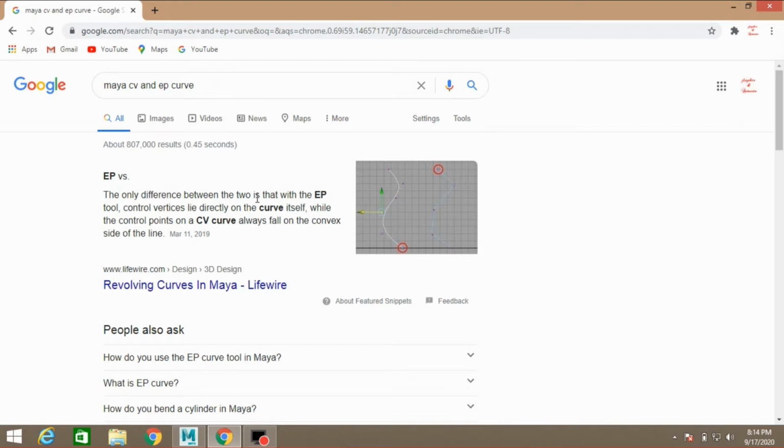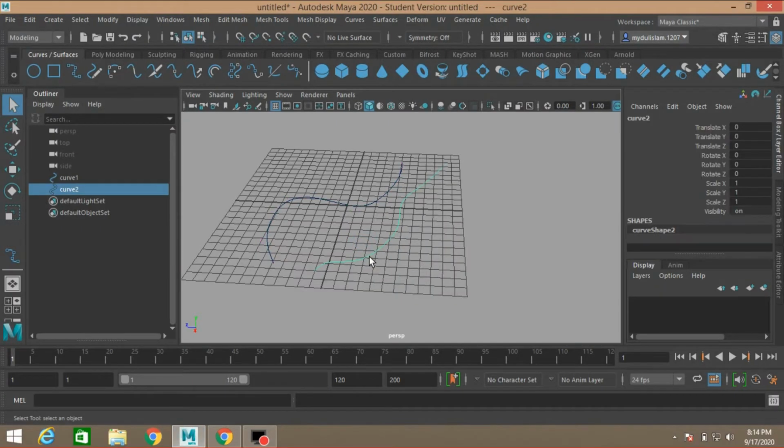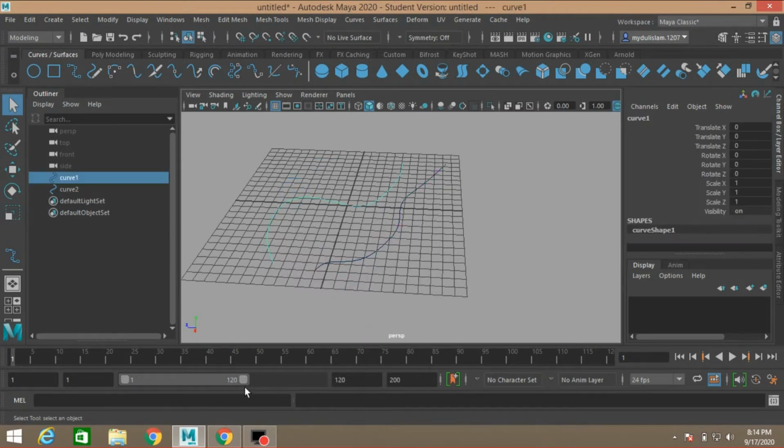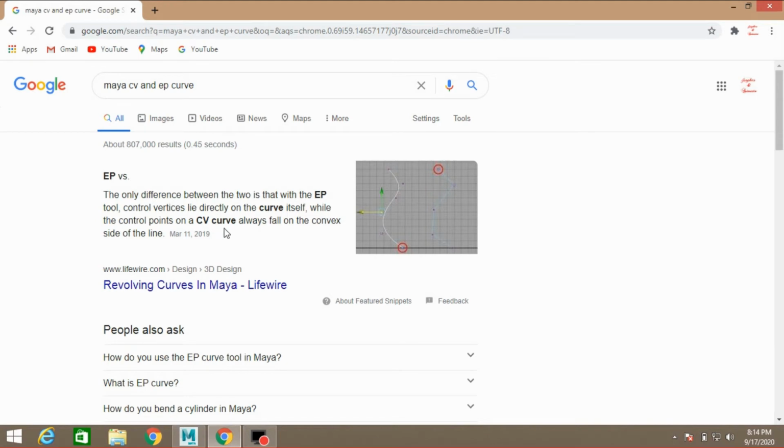The only difference between these two is EP curve tool control vertices lie directly on the curve. See, EP curve vertices remain on the curve line, but the CV curve always fall on the convex side.